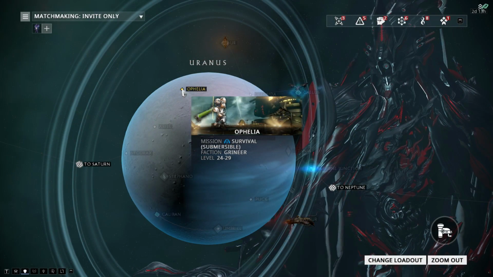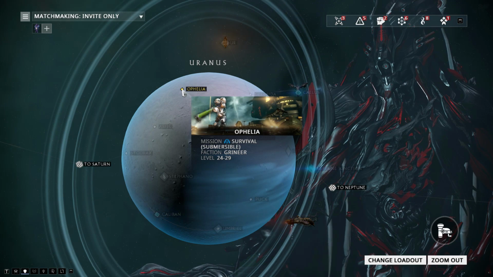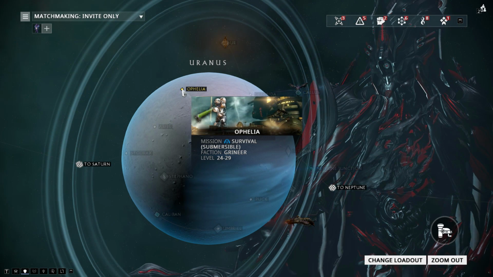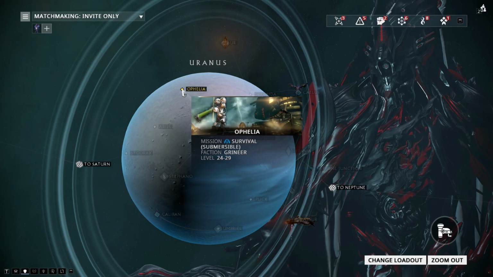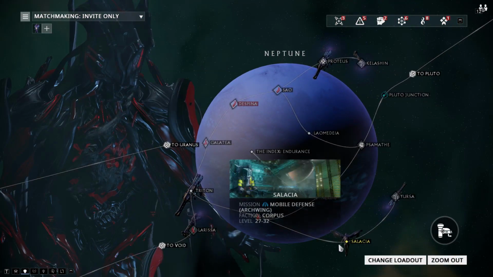And that's pretty much it for the standard resources. All that's left now is Tellurium, which you can either farm on Ophelia if you hate the Archwing, because it is a submersible mission, so it does drop Tellurium. But if you don't mind the Archwing, I would recommend you head over to Neptune and do Salacia, which is